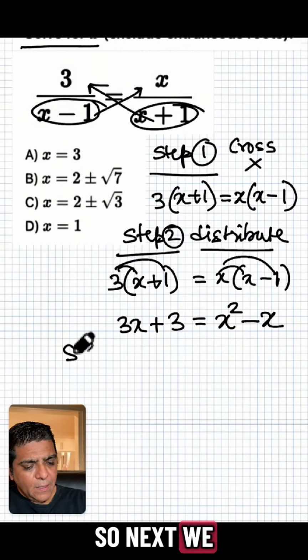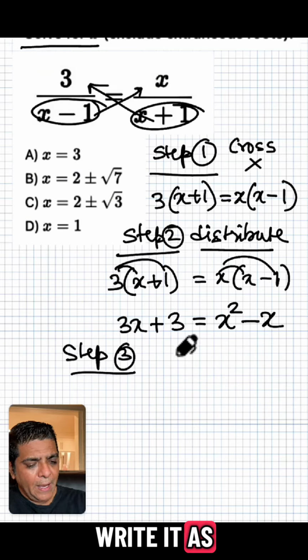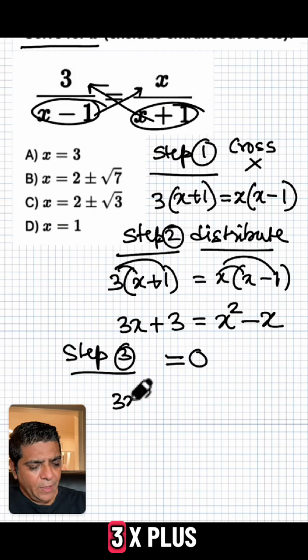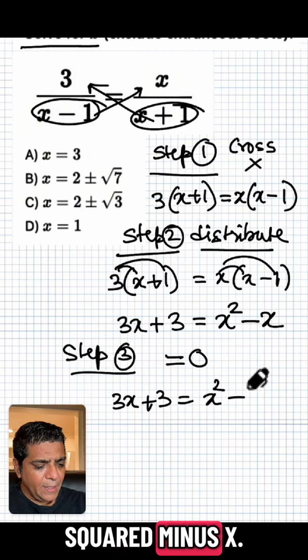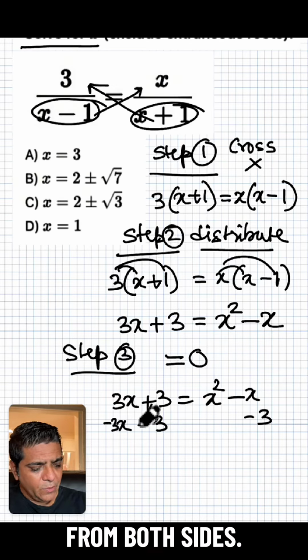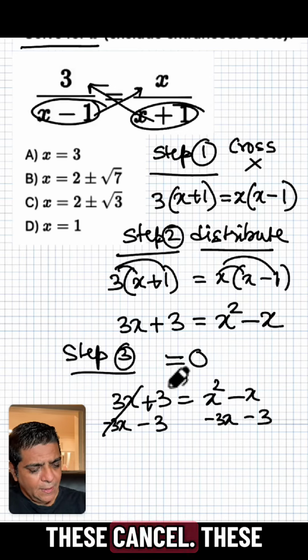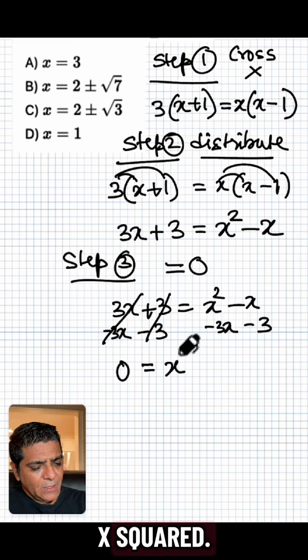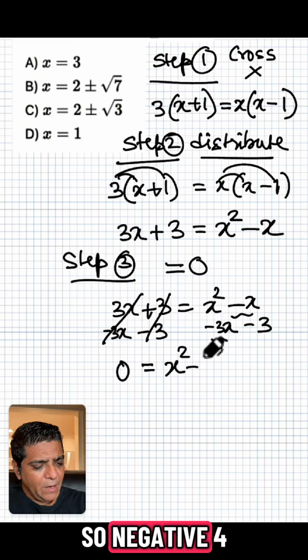Next we are going to write it as equals 0, so bring everything to one side. So I have 3x plus 3 equals x squared minus x. You can subtract 3 from both sides, and you can subtract 3x from both sides. When we do that, these cancel, this cancels. So now we have 0 equals x squared, and then you have negative x and negative 3x, so negative 4x